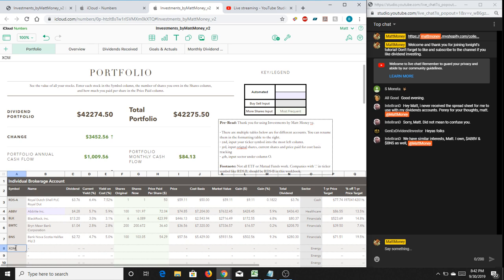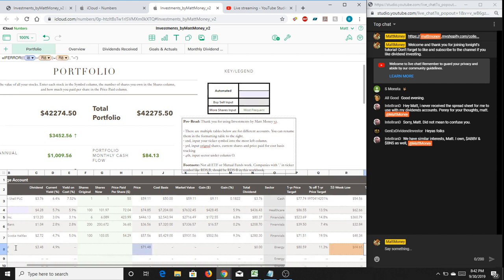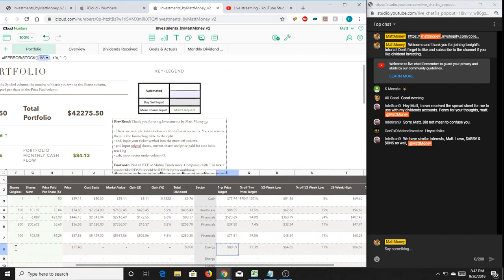It's as simple as putting XOM underneath the symbol here in column A, row 8. And you can see as soon as I hit enter, it fills in a decent amount of things for you here. It automatically filled in the ExxonMobil Corporation, dividend, current yield. It's waiting for some of this other information from you to be able to fill in the rest of the table here. But you can also see a little bit off the screen here, there's 1 year price target